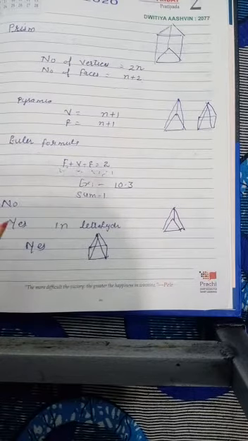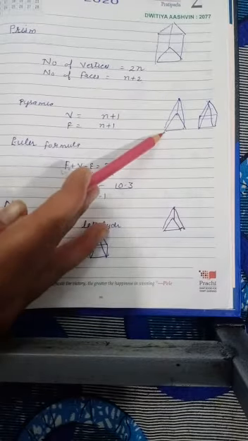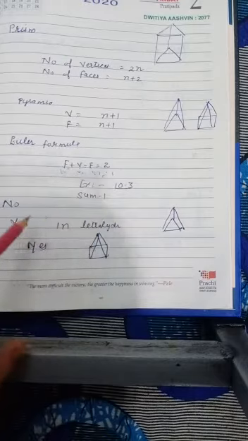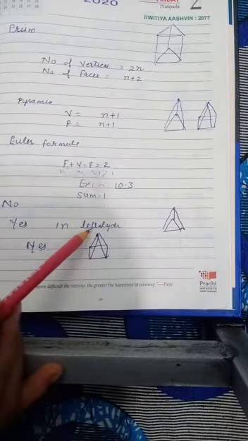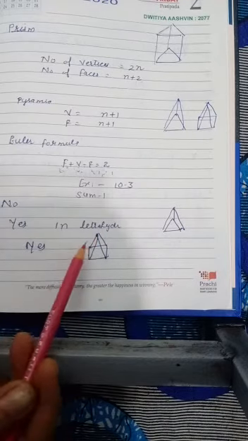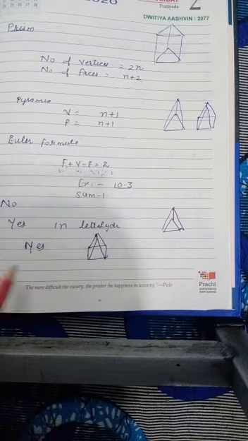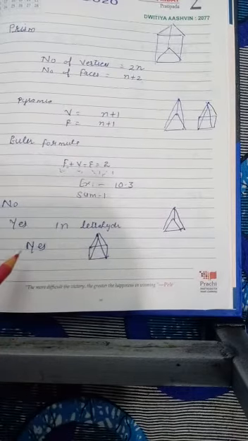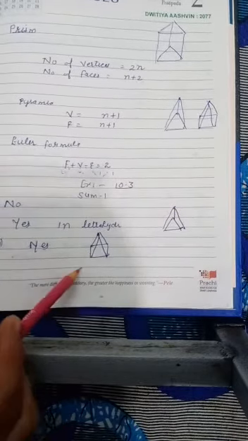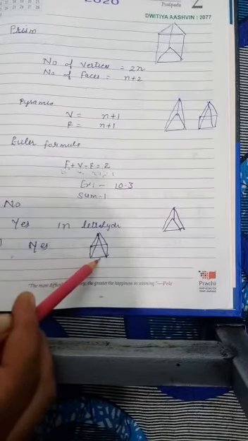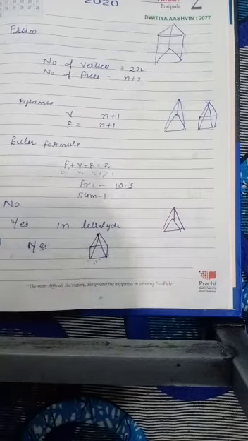Second part, 4 triangles: yes, 4 triangles are possible. Why? The minimum is this one, and here the number of triangles is 4. So we can say that a shape with 4 triangles is possible, and that is tetrahedron. Clear? Next he is saying, is it a square? So we can say yes, that shape is tetrahedron. Next answer is square pyramid.